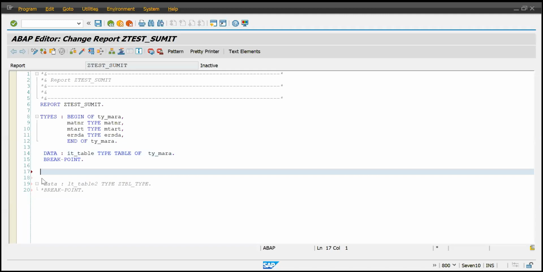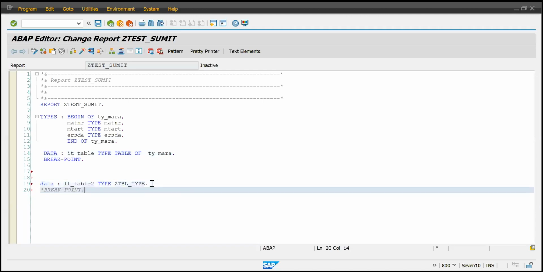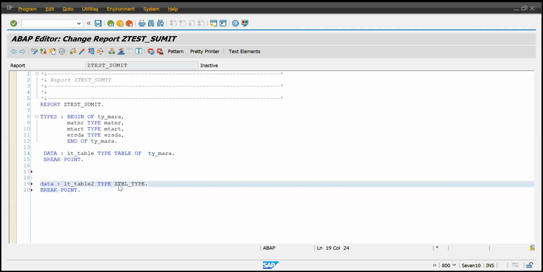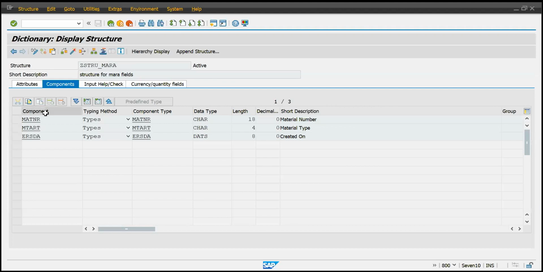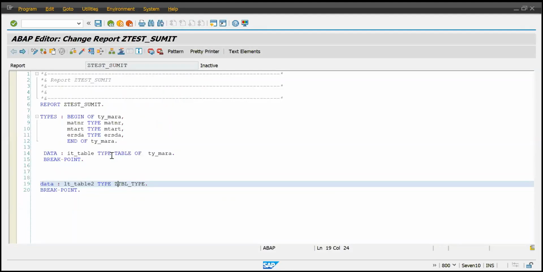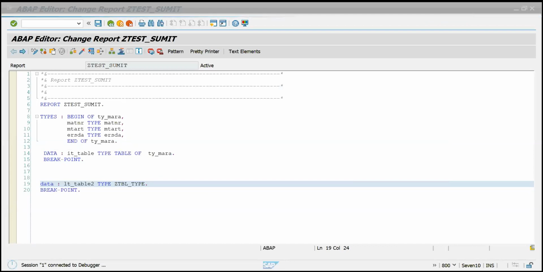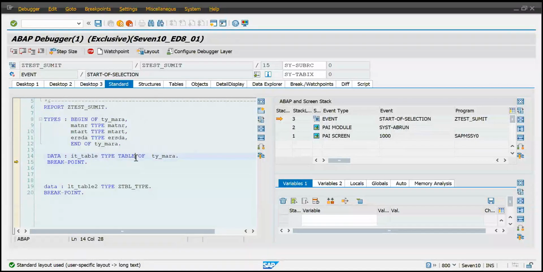So here we will give the type as table type. If I save it, it will redirect me to this here, and this is our structure which holds a total of 3 fields. If I now save it and activate it, and execute, I'll have to reset the screen. Yeah, so if you see here, right